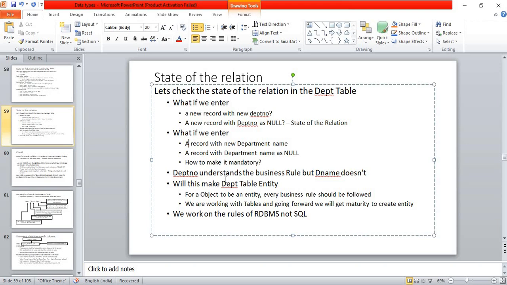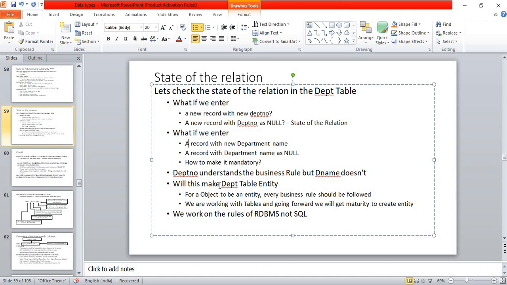Okay. Now this is for the state of relation. So whenever you have a state of relation, the column should accept null or not. That is a business decision. Now when it is accepting nulls or not accepting, once that decision is made, then we will use certain options that are given in our SQL, like constraints, to make it follow that business decision. So till that, it is just a table. It is not an entity for that business.